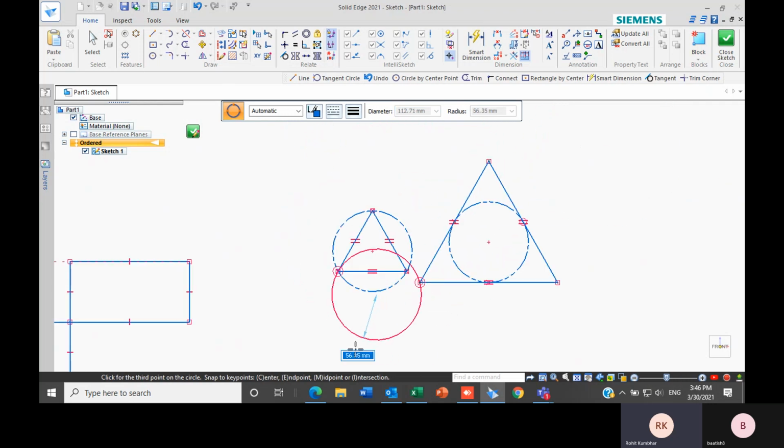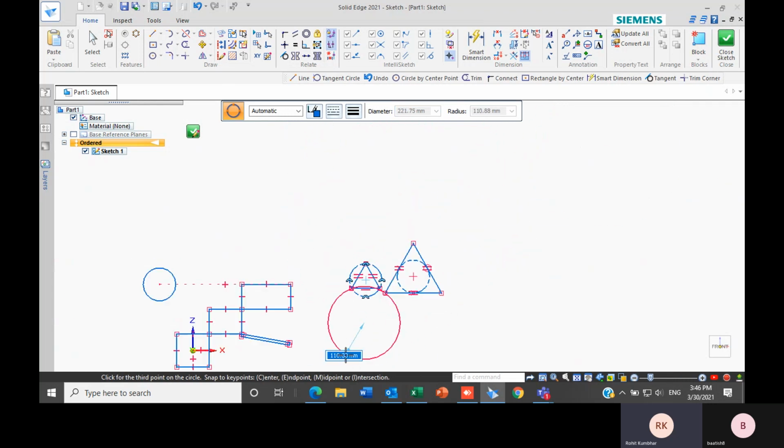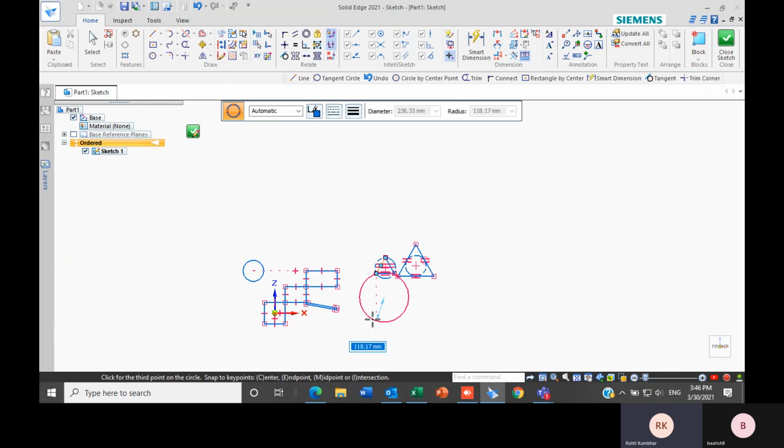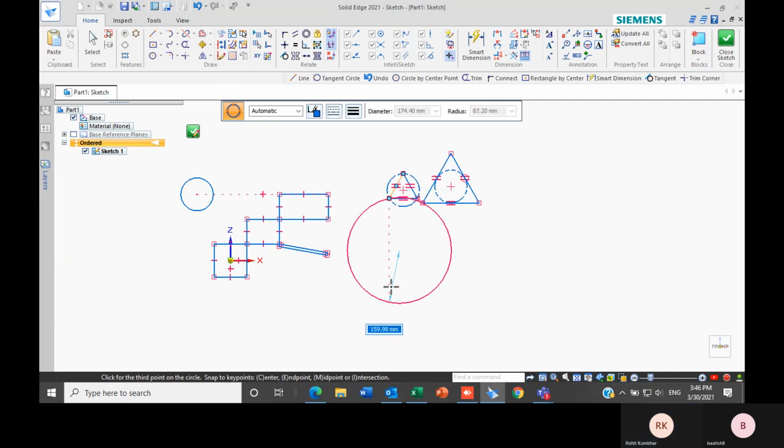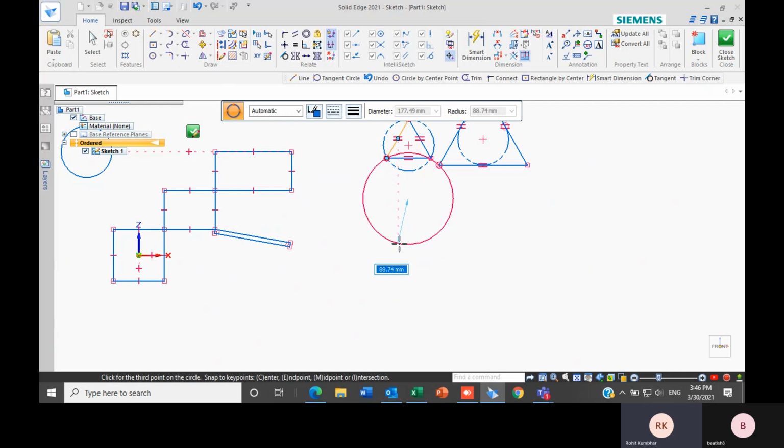As you can see, the circle which is getting created, the 2 points which I have given as a reference are on the circumference of the circle.